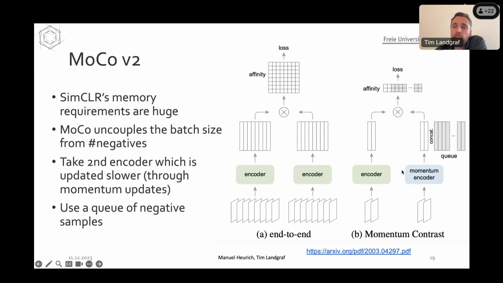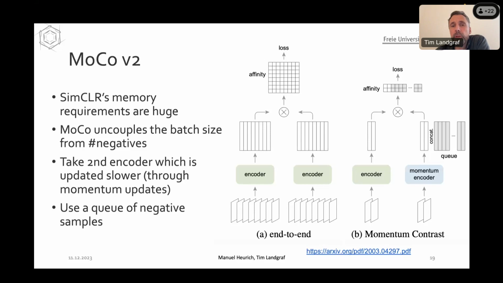And in momentum contrast, they basically only train this path. They backprop through this matrix here and train only the encoder, and they use another encoder, which I will come to in a second. But the interesting part here is that the memory requirement of SimCLR stems from the fact that we have this quadratic kind of